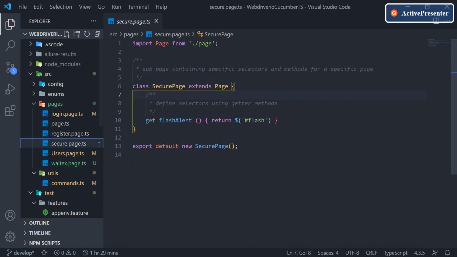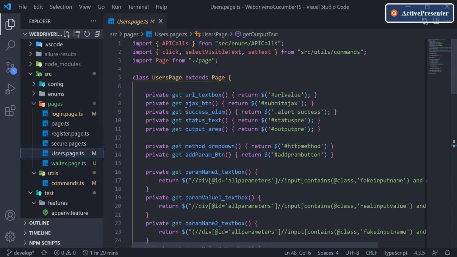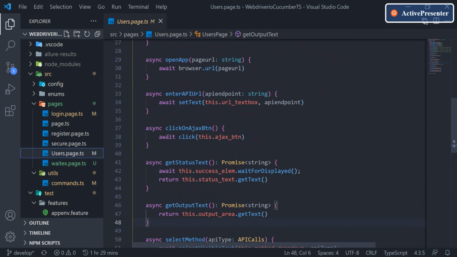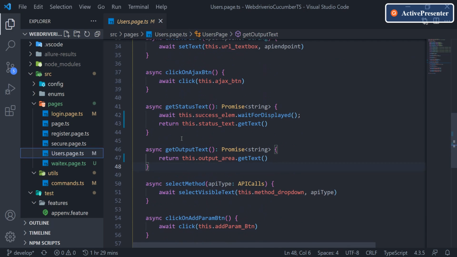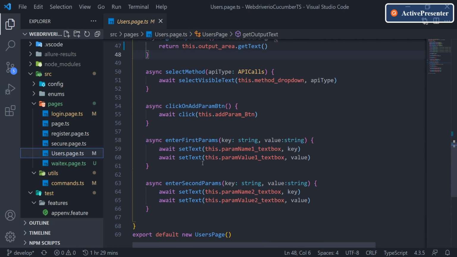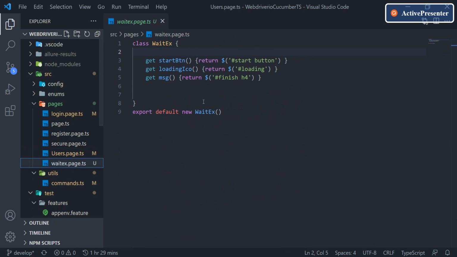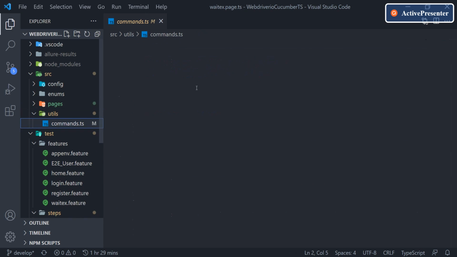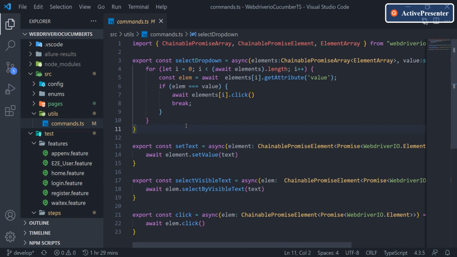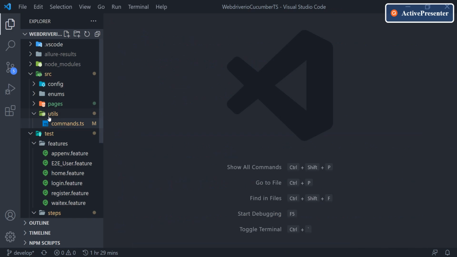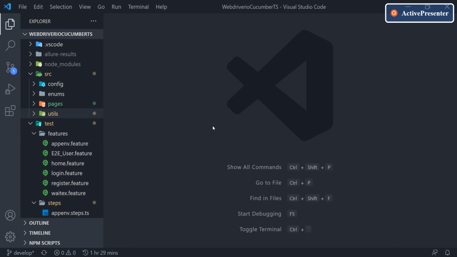In the secure page, no. The user page we did update, like here. Now we're good, and wait, the X page we just created, right? So now we have fixed everywhere. We have upgraded our code to 7.9, and we have updated our change as well. Now let's make sure whatever changes we have done are not breaking our code.